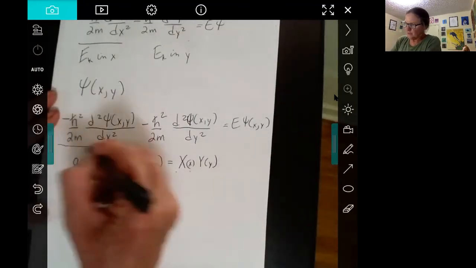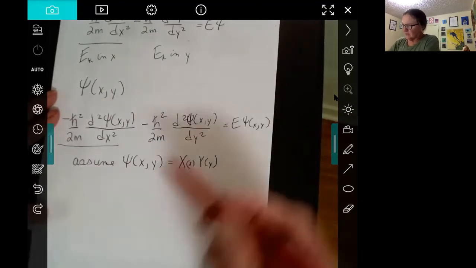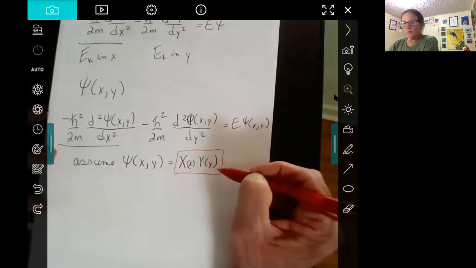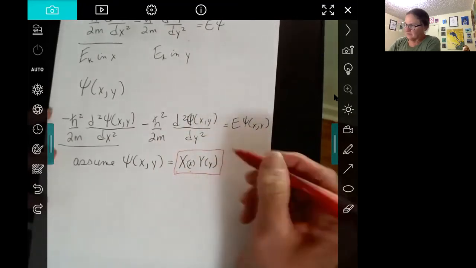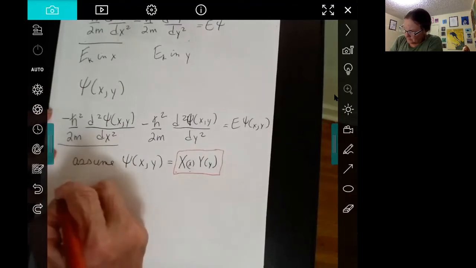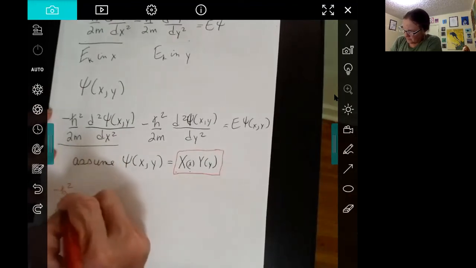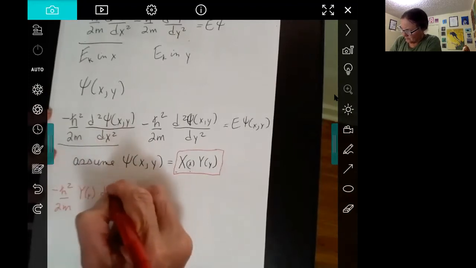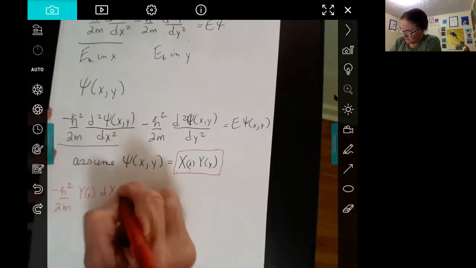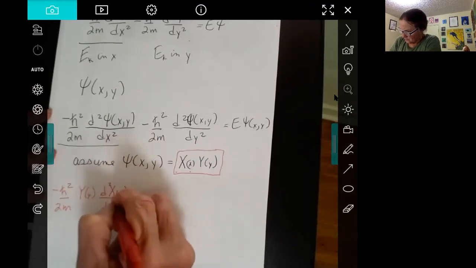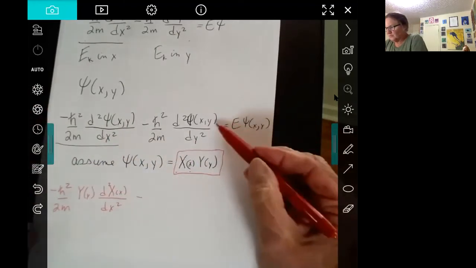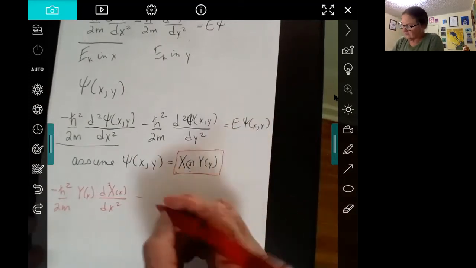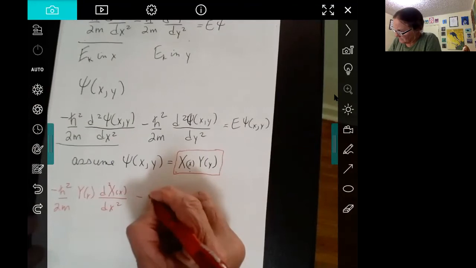So when we look at each of these terms, if you take the derivative with respect to x of this function, then the y part is just a bunch of constants. So what you're going to end up with is, and it's also true for taking the derivative with respect to y, then the x part is a constant. So then we can say